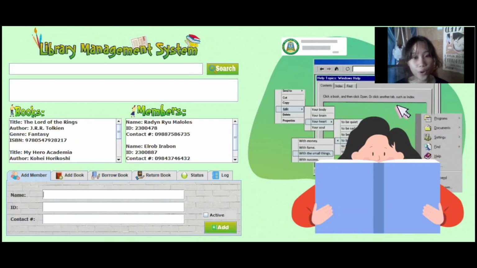In this video, we are going to present to you our midterm research project wherein we have to make a program about library management system. But before we proceed, I'm going to show to you the overview of what our program looks like, starting off